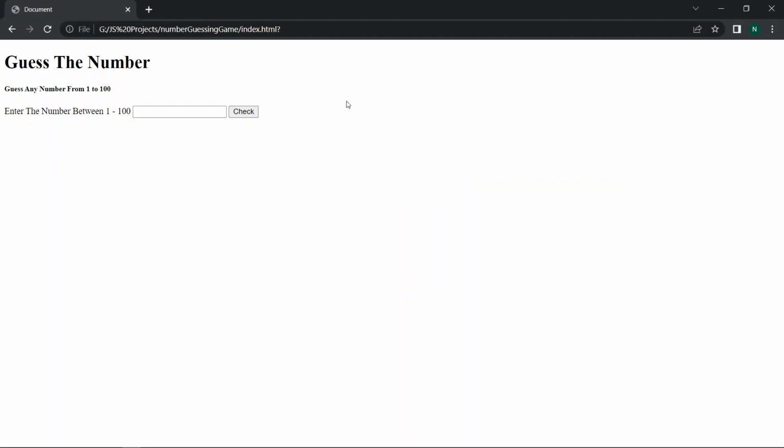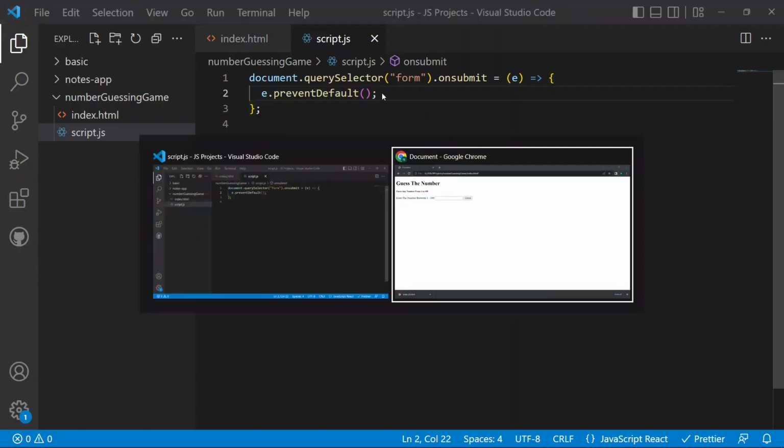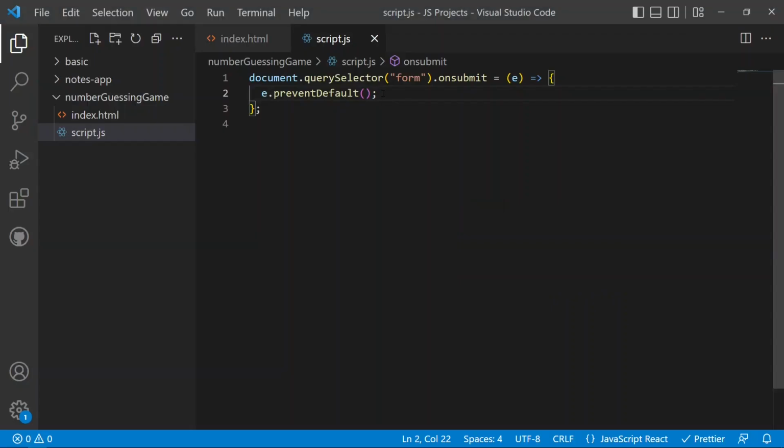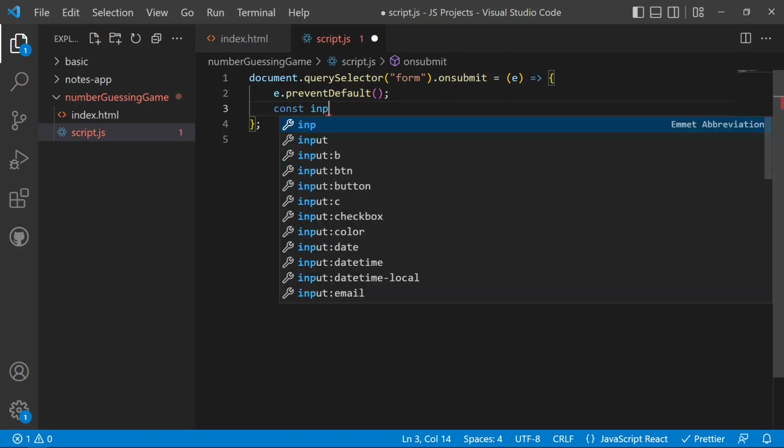As we have seen inside the document, if we just click on the check, then the document reloads as well because it has entered the form. But if we add here the event.preventDefault, the form will not be refreshed, so the page will not be refreshed. And after that, now we need to get the value of that input. So for getting that value we can have the const, here the input value